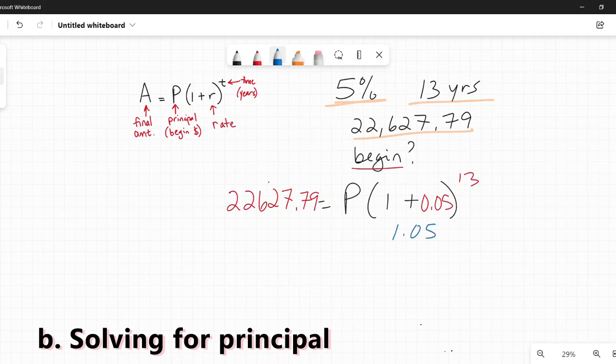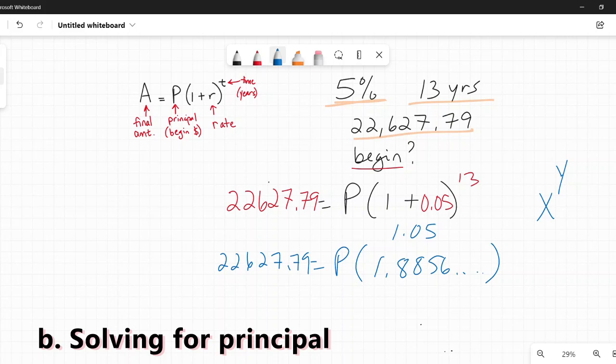And we're going to use our calculator to put that to the power of 13. So again, it's going to be our little x to the power of y. So we type in 1.05, x to the power of y, and then 13. And we get this very long number, 1.8856, and it keeps on going. And P times all that is equal to